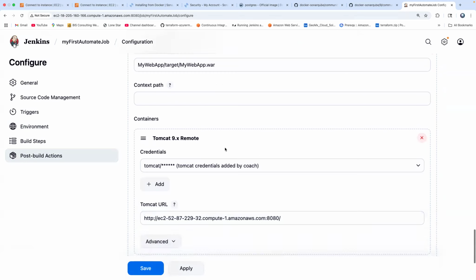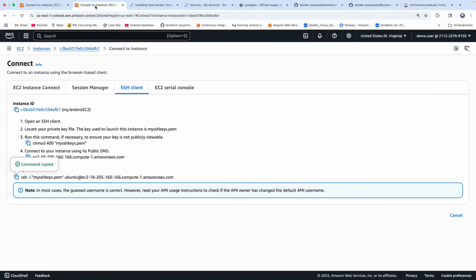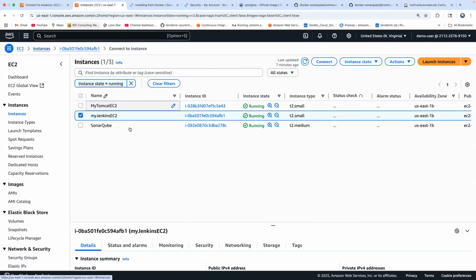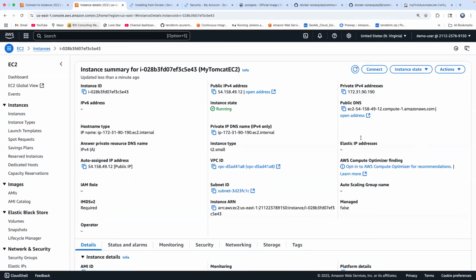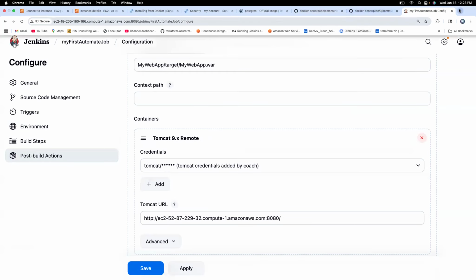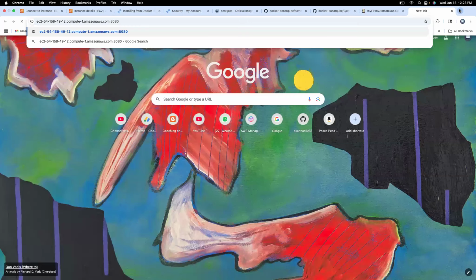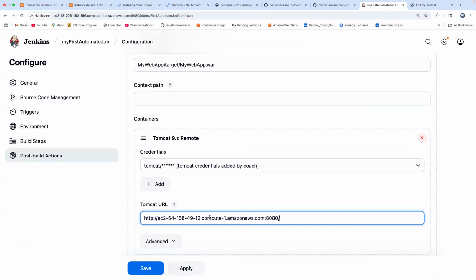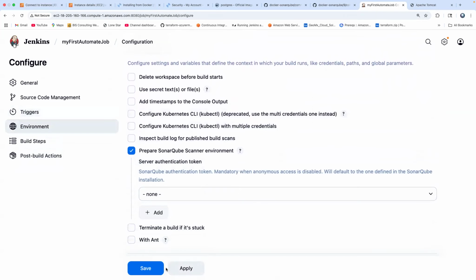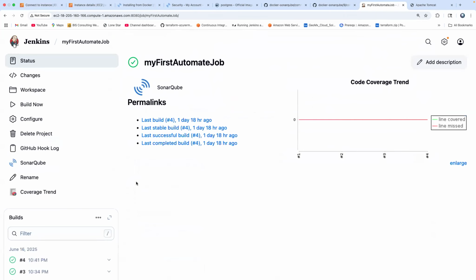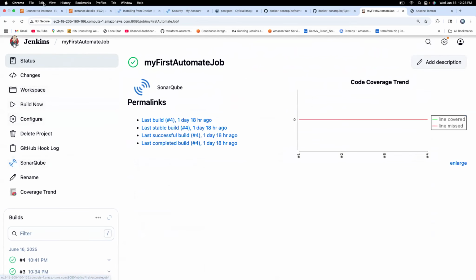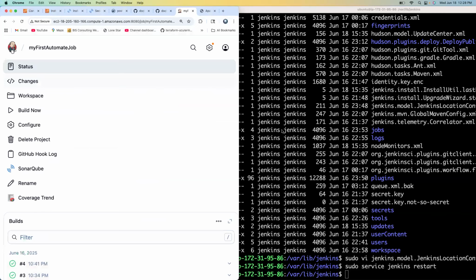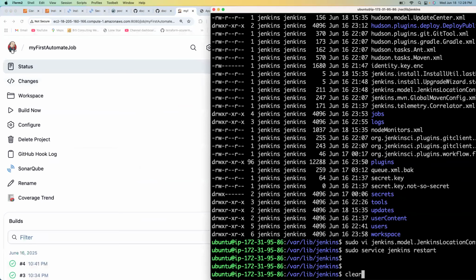And then since we are going to install our application inside the Tomcat server, that DNS name is also different. So let me pick up the Tomcat EC2 instance's latest URL as well. Make sure it is coming up. Fantastic. So copy that. Let's go ahead and put that. Fine. So apply and save. If you want, you can go ahead and click on build now. Or if you want to kickstart the build through your code changes,